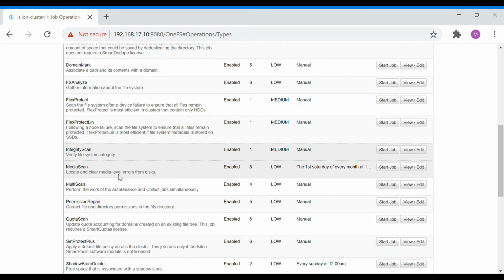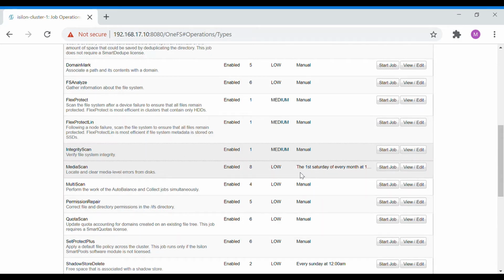So if there is any media level error, you can run this job and find out where the error is and how to rectify it. This job has a priority of 8 and an impact of low, as it does not have much criticality. It is given a priority of 8.